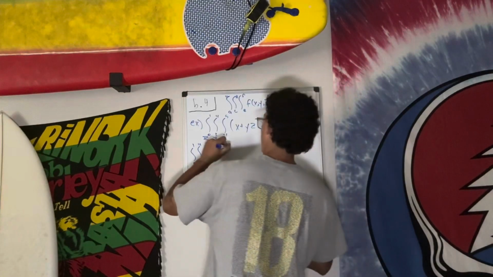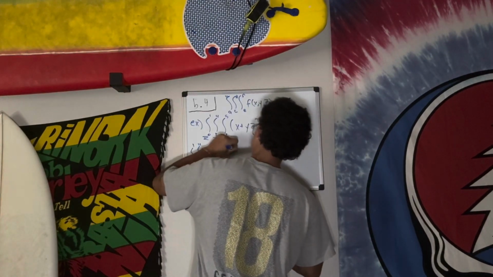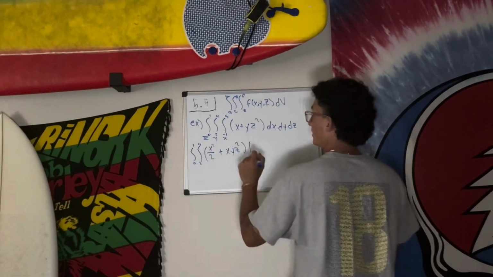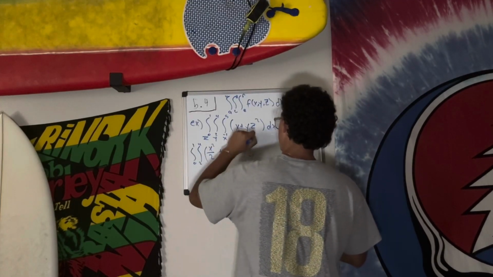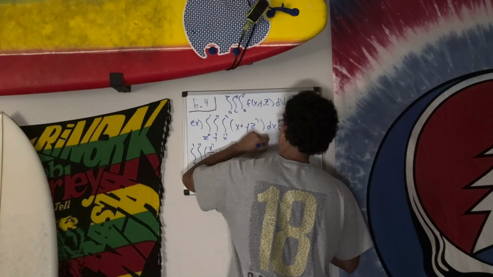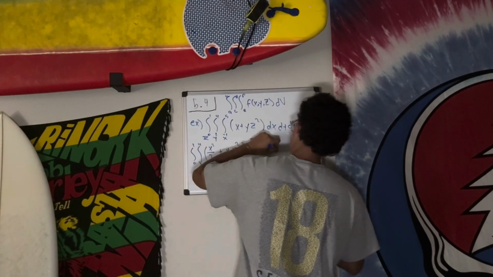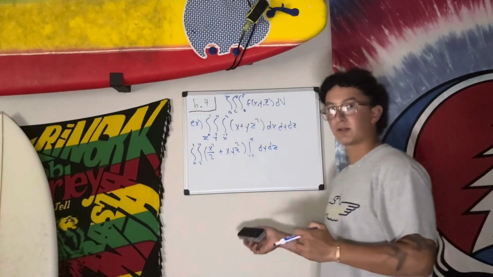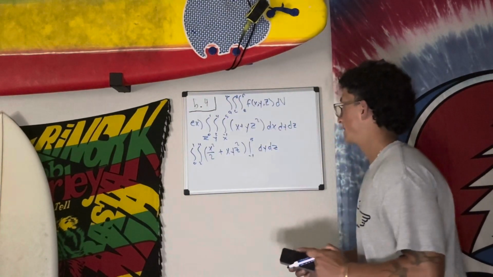So we just add an x to it: x y z squared with the bounds -1 to 5 dy dz, okay? And before we can continue moving on, just like in double integrals, we will have to solve out this